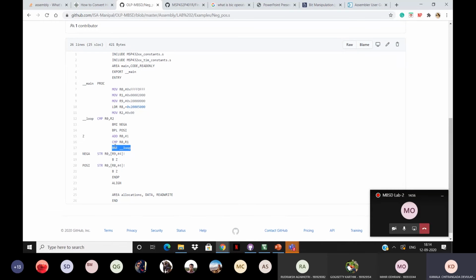So it's almost like saying if X is not equal to Y, then run this loop.